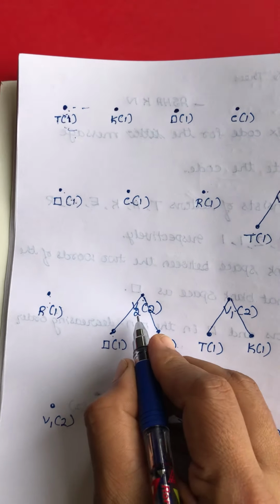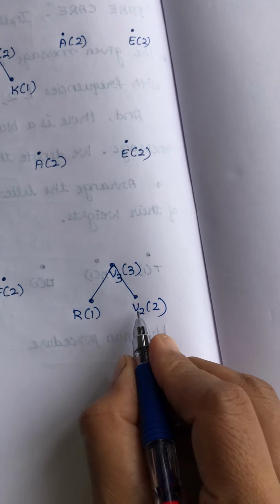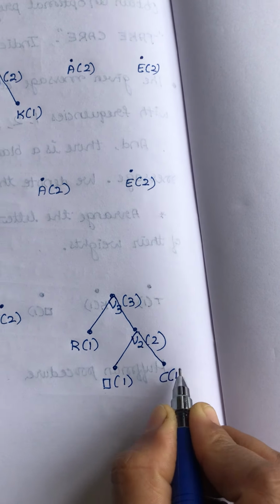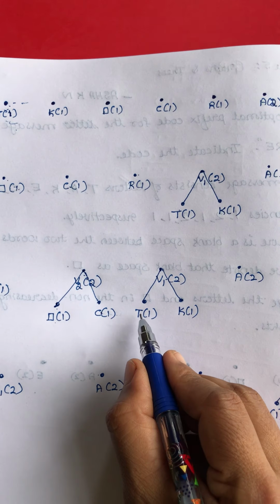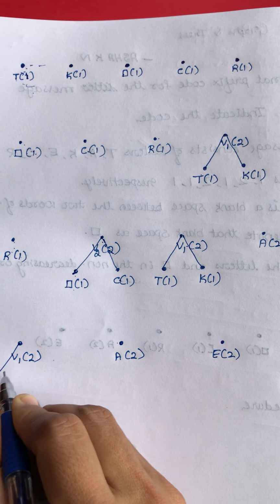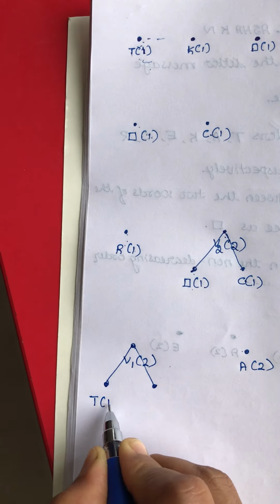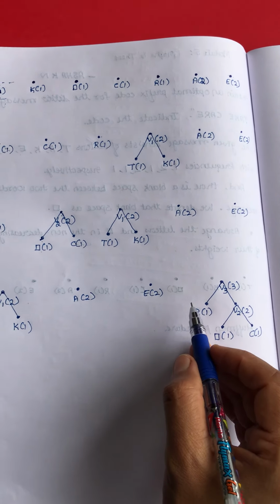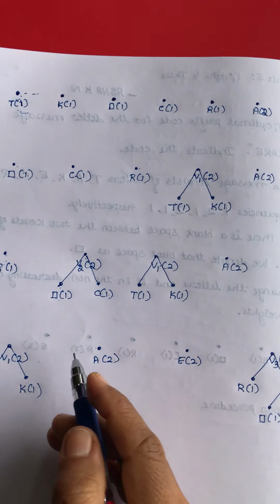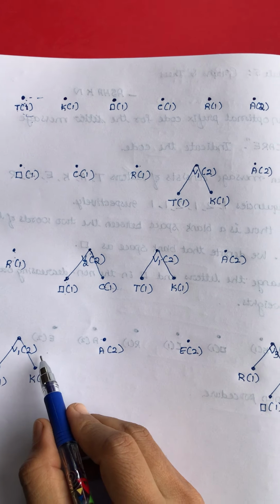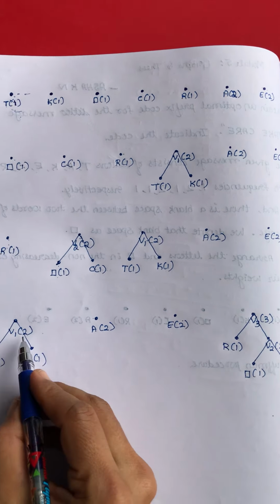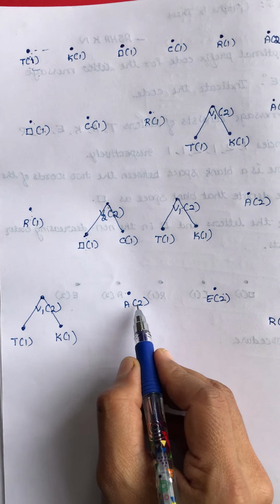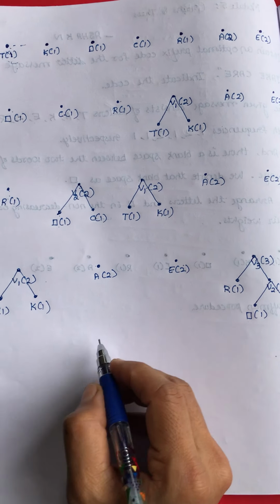How did we get V2 of 2? We obtained it by blank space 1 C1. So blank space 1 C1. And then what is this V1 of 2? V1 of 2 we obtained by T1 K1. Okay, now see, it is like we are getting a binary tree. You can see now 4 numbers are there, V1, A, E and V3. Minimum are 2 and 2. V1 of 2 and A2 we have to add. 2 plus 2 we will get 4. 4 must come at the end. So E2 I will write as it is.